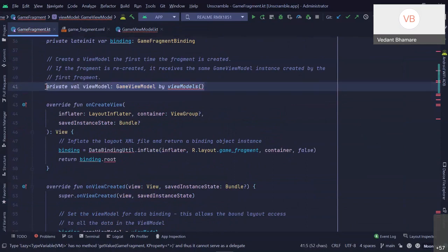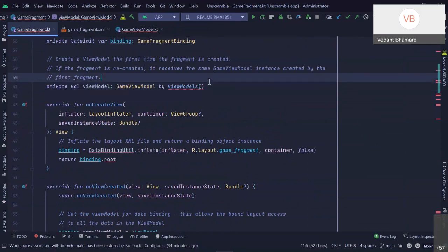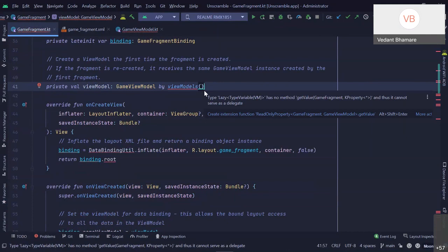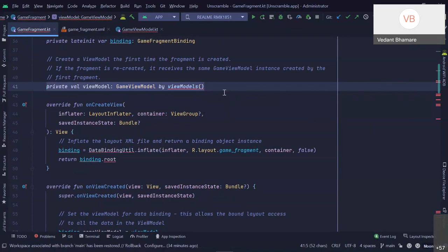So this has been started, and view model is created, and it would be only called once. Whenever you would again change the configuration or rotate your phone, this won't be created once again. It doesn't create again, and the data is stored what was there before rotating the screen. So that is why view models are used.